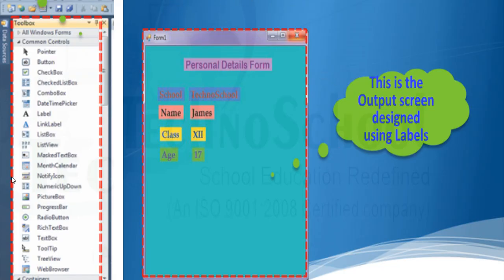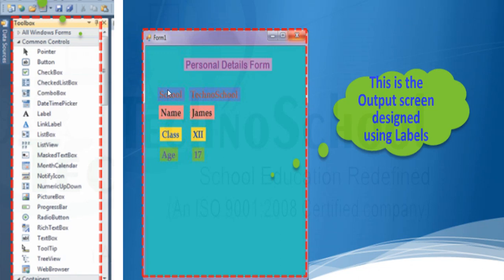So you all know this is the toolbox, right? In the last class we learned only the label. We are going to use the same form from the previous section for learning the tools in this section. In this form we used only labels, and when you run the project you were only able to view the information.